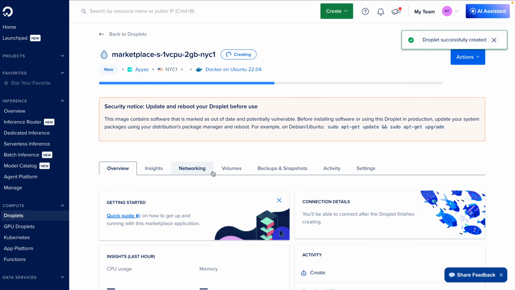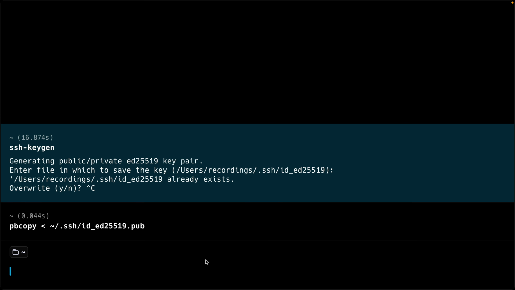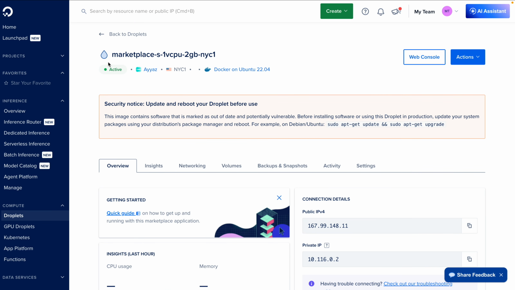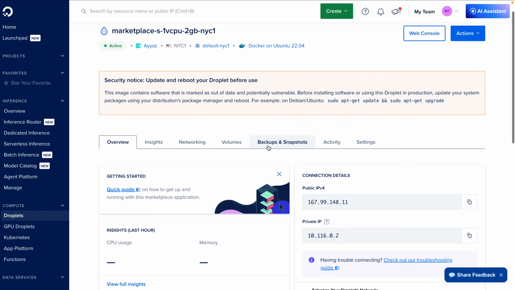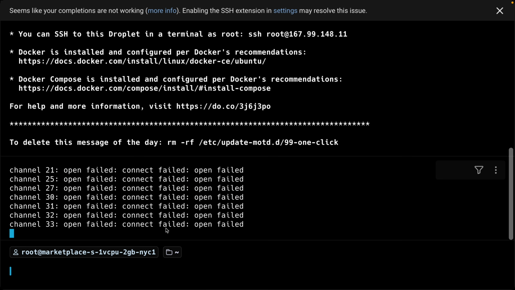Give it some time. Once it is installed, we will SSH into that VPS. Okay, the droplet is created and here is the IP address. Just copy the IP address and go to the terminal, and I'll run the command ssh root@ the IP address. It is still taking some time to be live, so give it a few more seconds so that the instance is properly available on my computer. Let's try it again. Okay, this time it is working, and here just type yes,